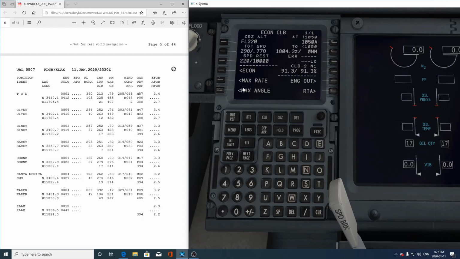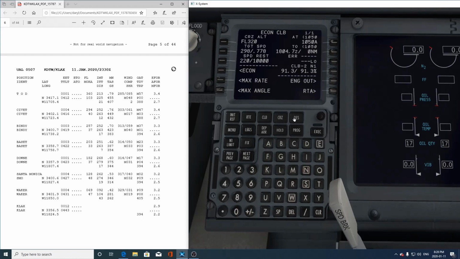in the climb. And typically you would engage VNAV shortly after takeoff, I believe, I want to say 50 feet above the ground, but I'd have to double check on that. But shortly after takeoff, VNAV would engage, and it's going to climb up to,